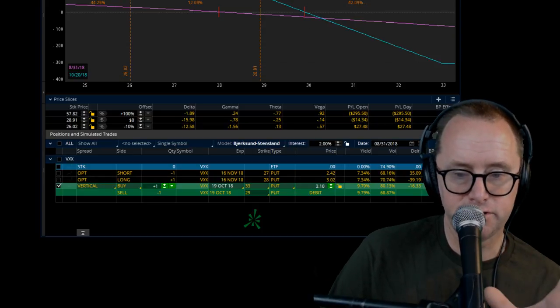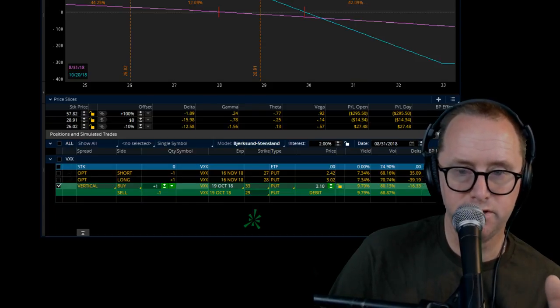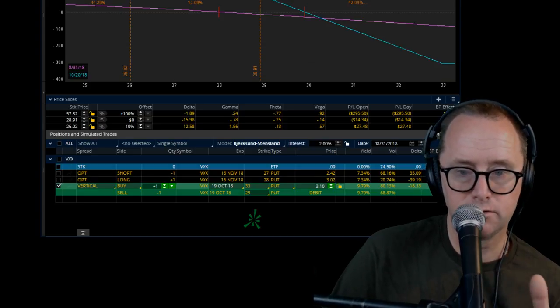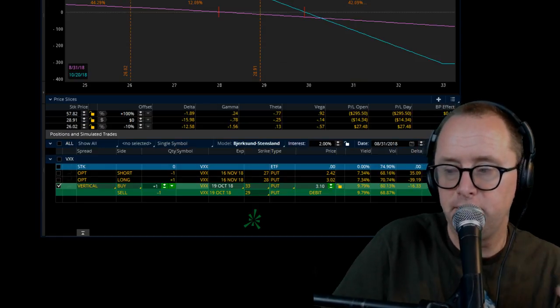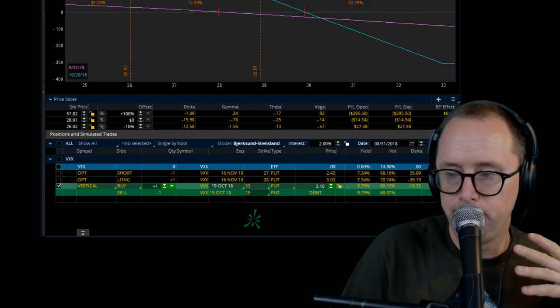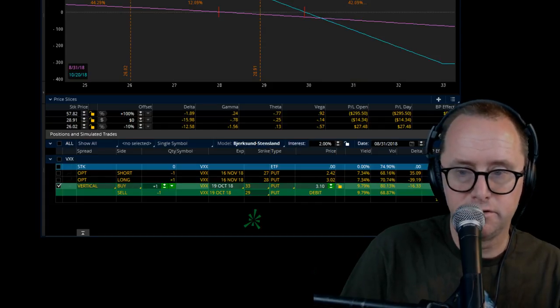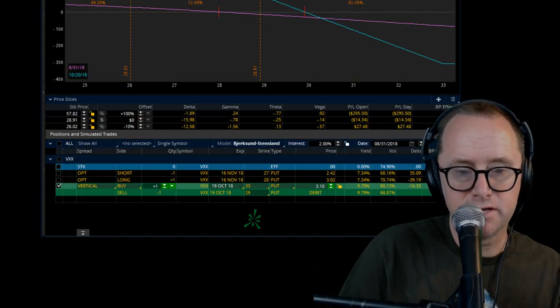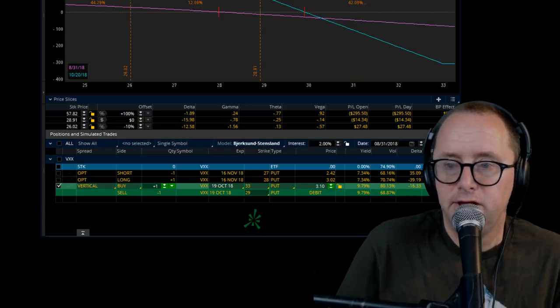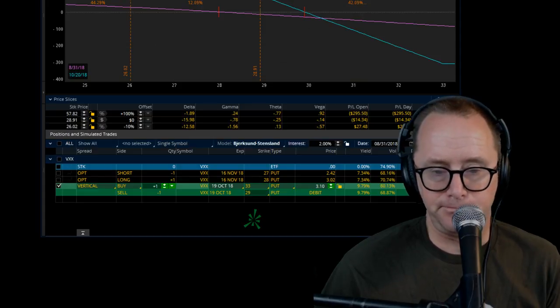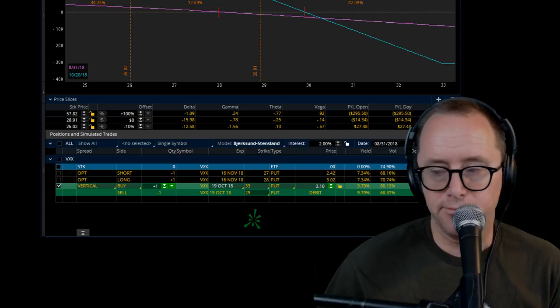That is at expiration. If you're going to take the spread off before expiration, your profitability will be slightly less if it goes your way, and if the spread goes against you, you're not going to lose as much as you would have lost at expiration. Because we still have time left till expiration, the fact that the stock can move back and forth means that the spread's value is not the same as it would be once it's expired. Anyway, I hope that helps you a little bit in understanding this. I'm not sure if it completely does, but